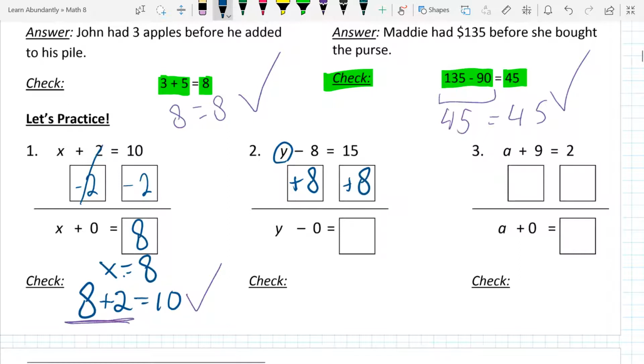If I add 8, it becomes y minus 0. The 8's cancel out. But on the other side, I get 23. So I get y equals 23. If I wanted to check my equation, I could say